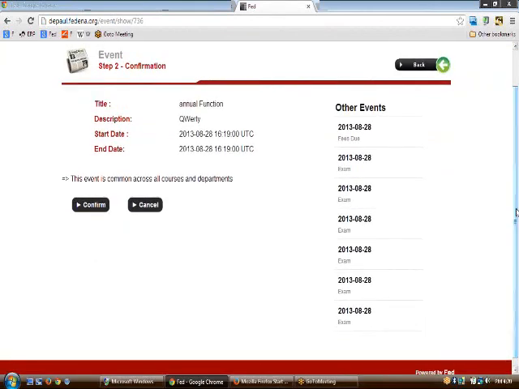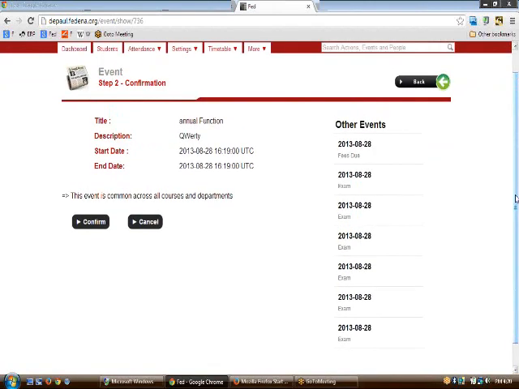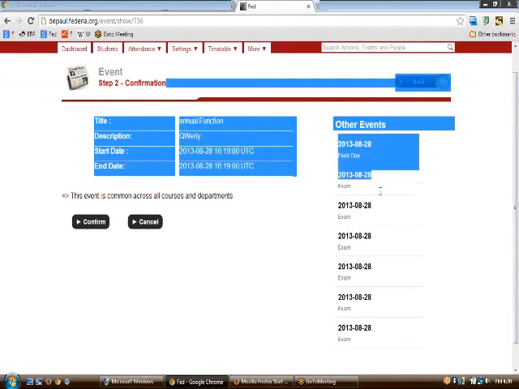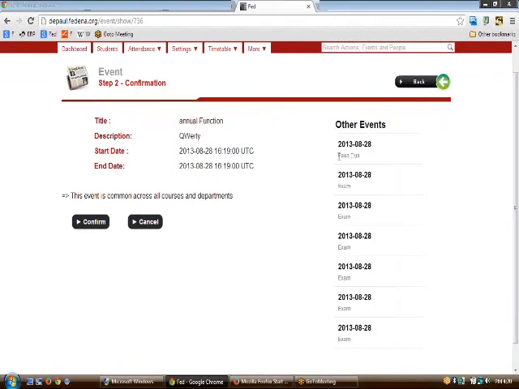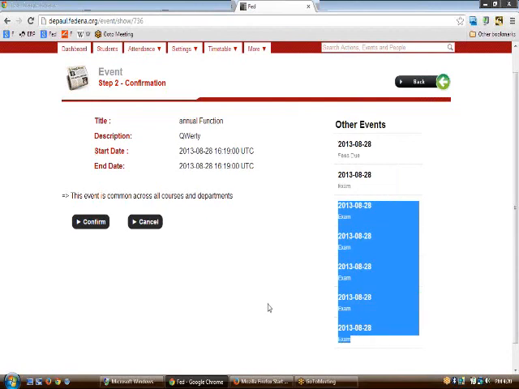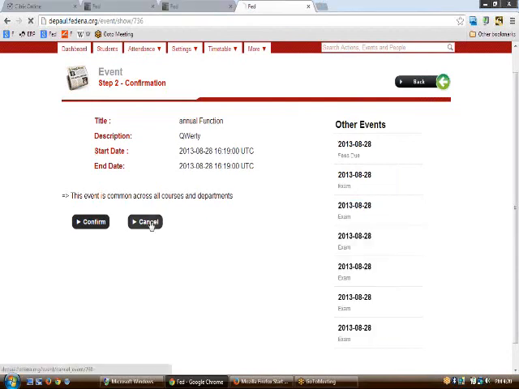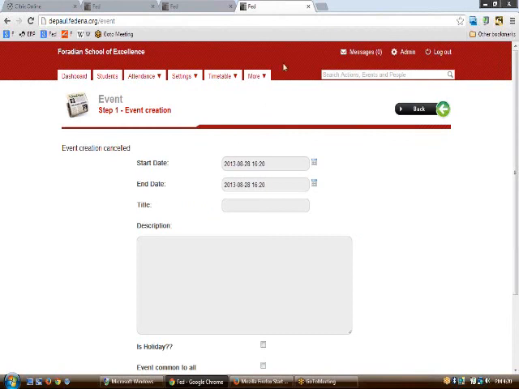Moreover, at a later period, before confirming, you can have a look at all the other events here. So here you are able to see that there is some kind of exam for the day, so you can even plan to abort the plan. But this is how the news and the events can be tracked. So this was all about today's webinar on the core modules. Now we would be dealing with the queries.